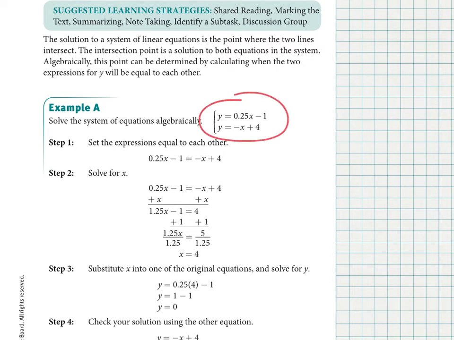There are two equations there. And the idea is, since they are both equal to y, we're saying y equals this, and then also y equals negative x plus 4. If both of those things equal y, then we know this equals y and this equals y. So they must both equal each other, right? If they both equal y, then they equal each other. So you can set them equal to each other